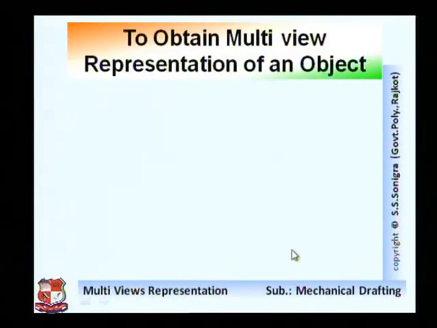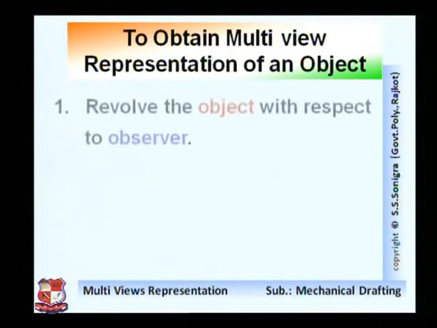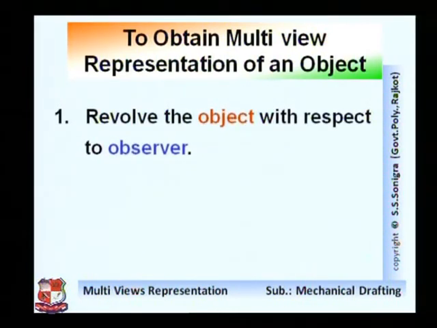To obtain a multi-view representation of an object, what should we do? For that, there are three methods. First is